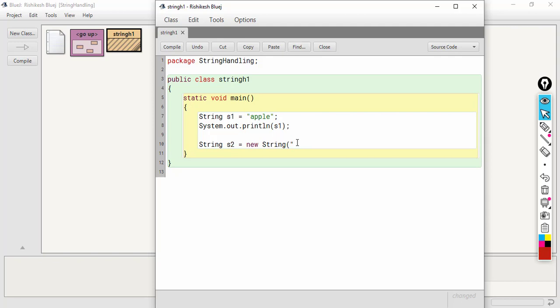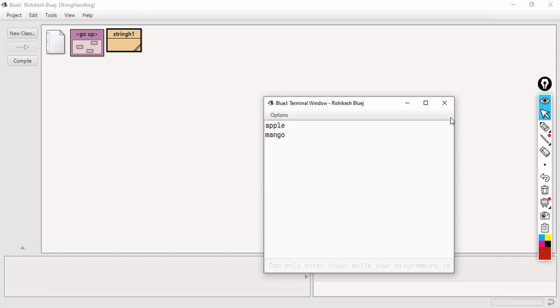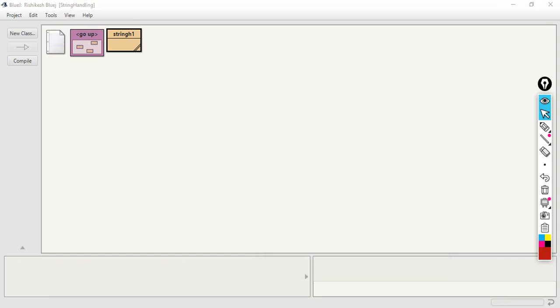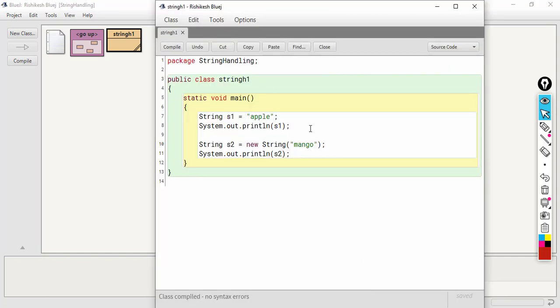Let's say the string is mango, and then we print this value of s2. The value of s2 will be mango. So this is how you create strings using implicit and explicit methods.